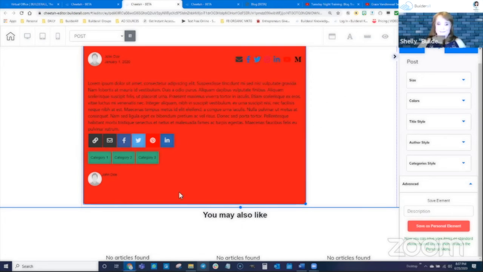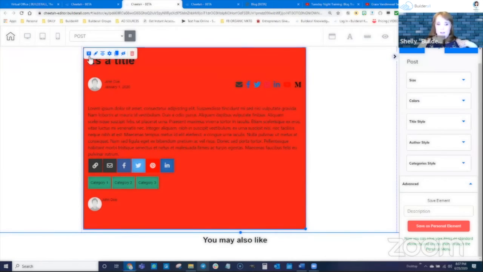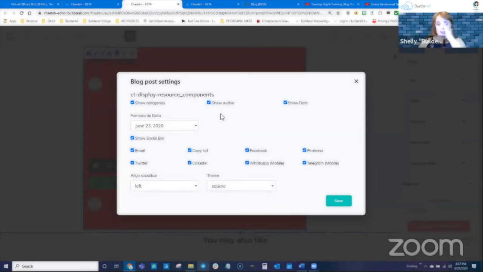Awesome. Absolutely. So we've changed all these things in the settings, but remember, we also have this mini toolbar, right? So we can save the element. We can click on the little pencil to get the settings on the side. We can center this element on the page. We'll go into settings in just a second. We can duplicate this item, we can hide this item, or we can delete this item. I'm going to go into the little star,